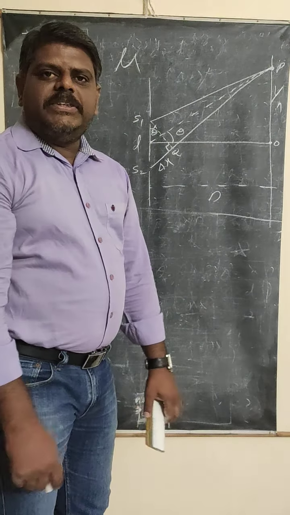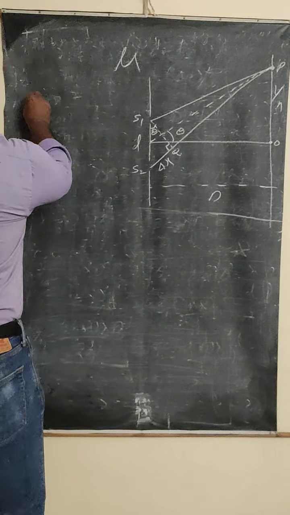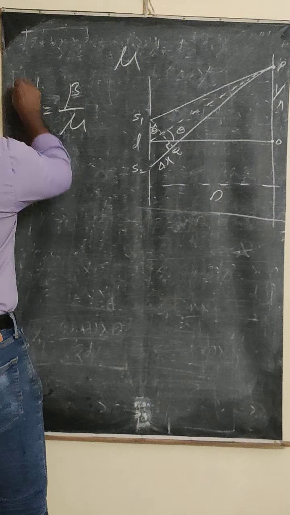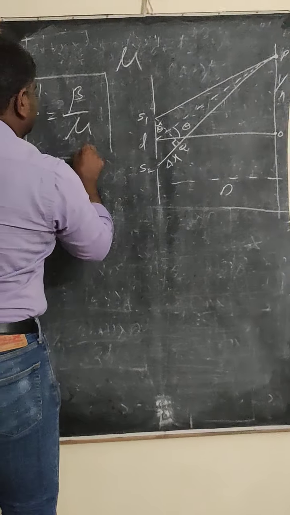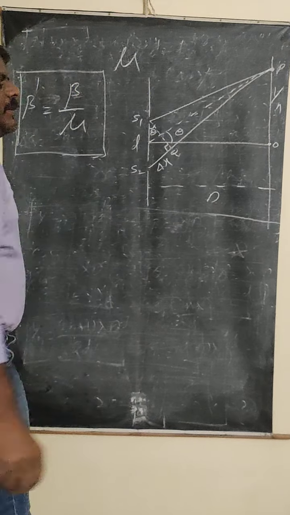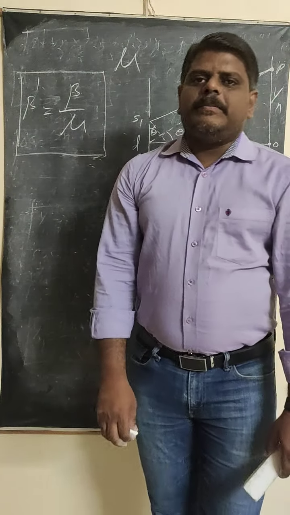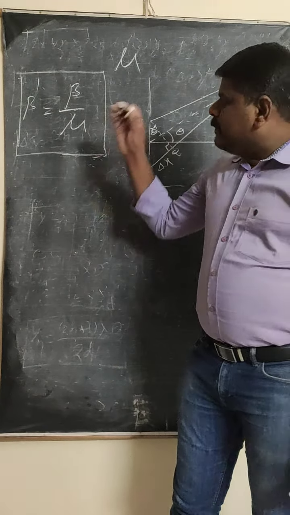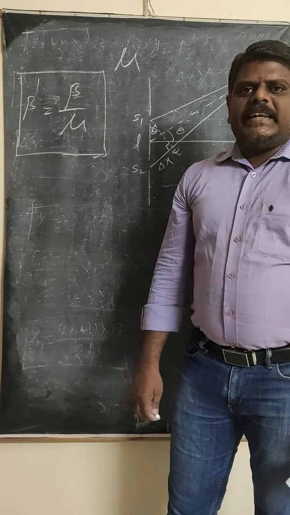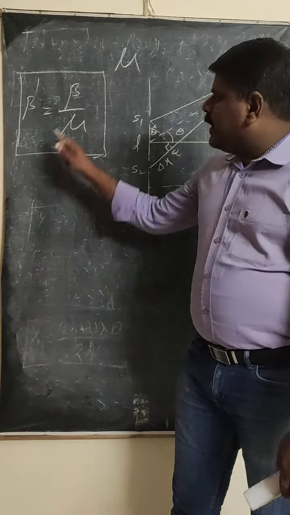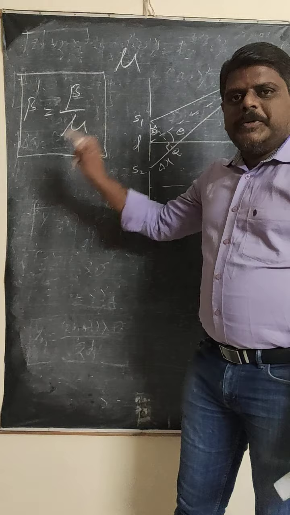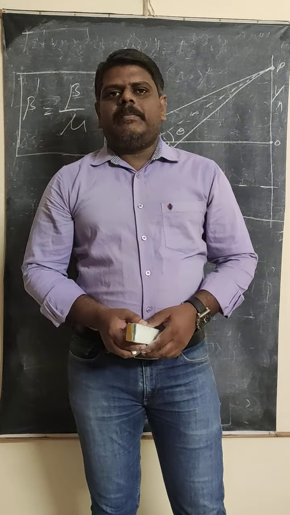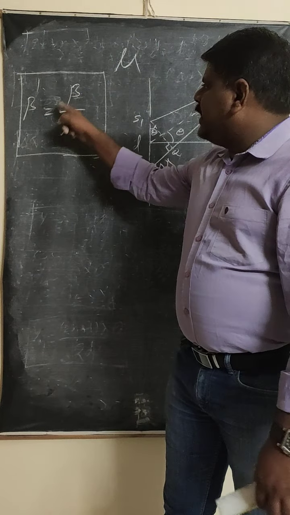Then what happens to the fringe width? Then the formula is: the fringe width beta dash is equal to beta by mu. Beta dash is equal to beta by mu. This is the formula to find the fringe width when the apparatus is immersed inside the liquid. By seeing the formula, what do you understand? When the apparatus is immersed inside the liquid, is the fringe width increasing or decreasing? Decreasing, definitely, because in the denominator what is there? Mu. And what does this mu represent? Mu represents the refractive index of the liquid in which the apparatus is immersed. Okay. So beta dash is equal to beta by mu.